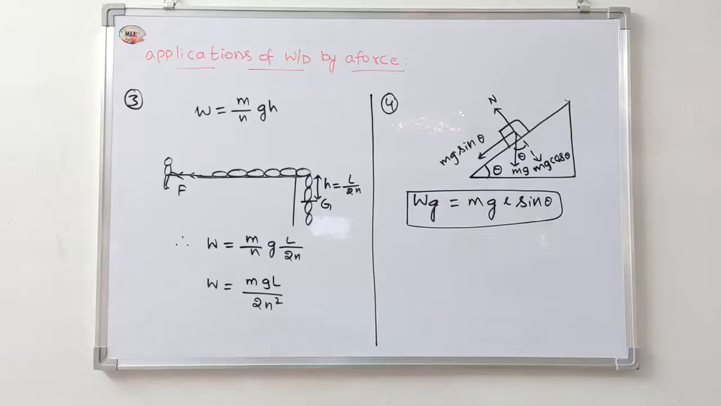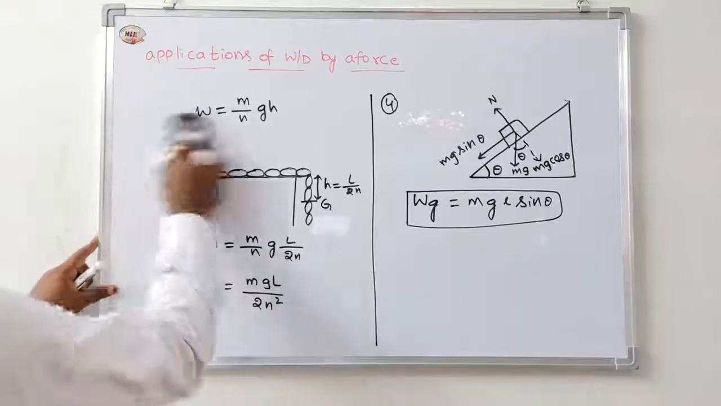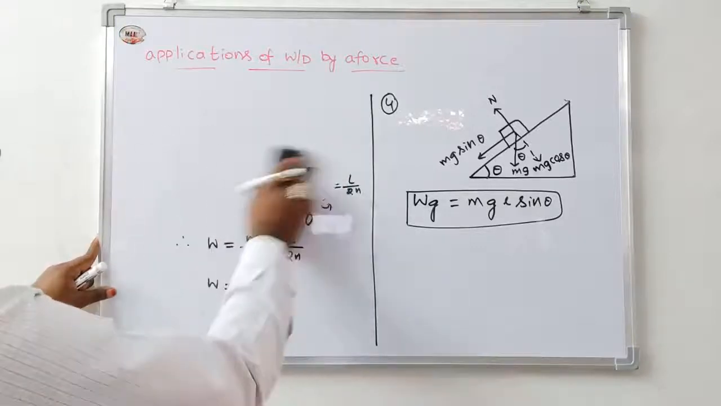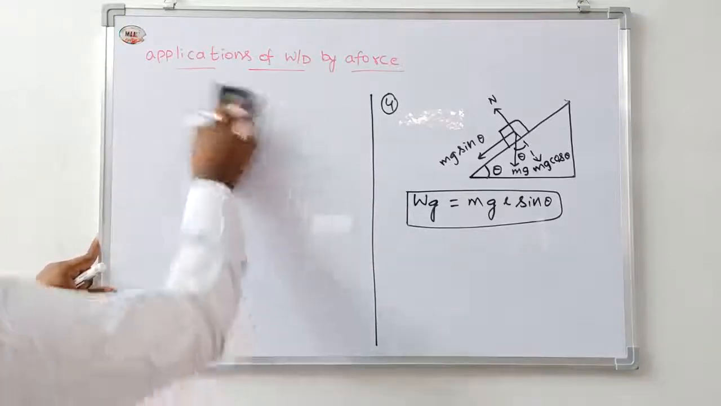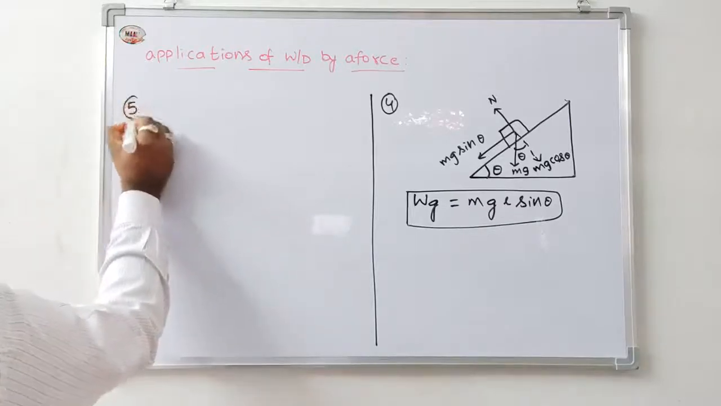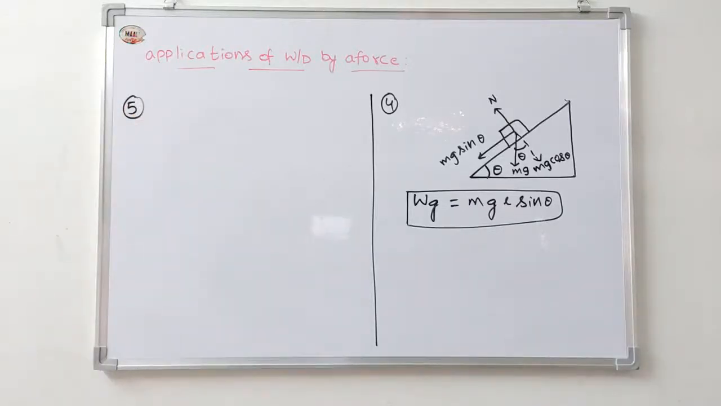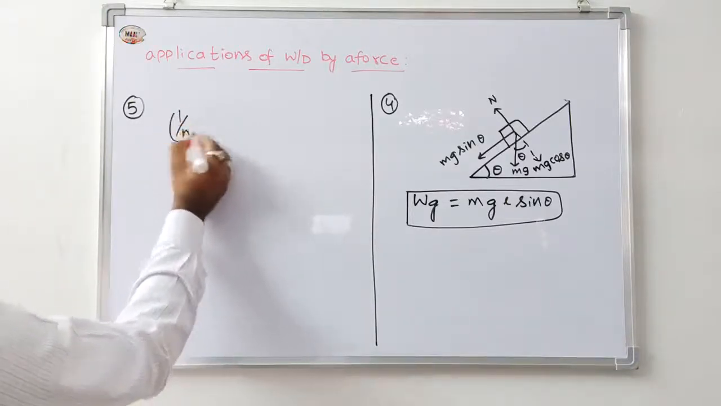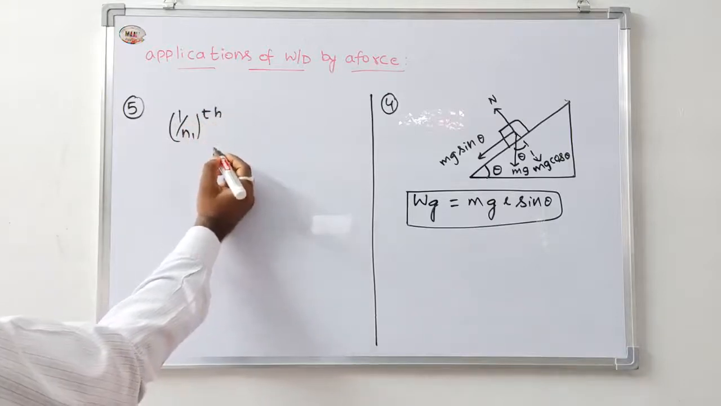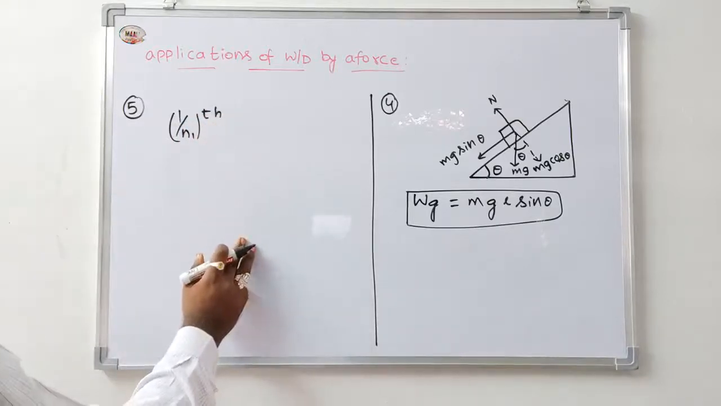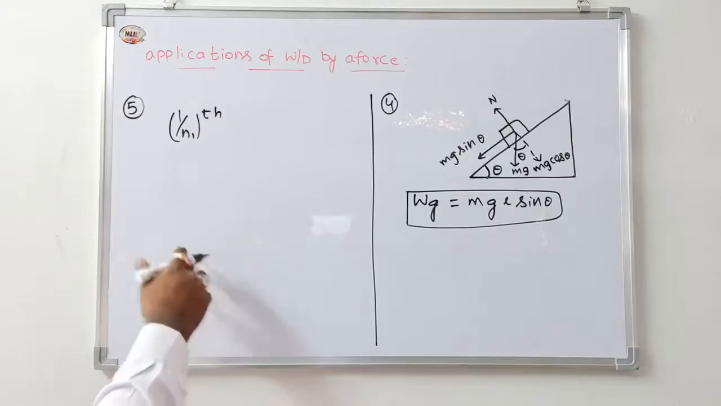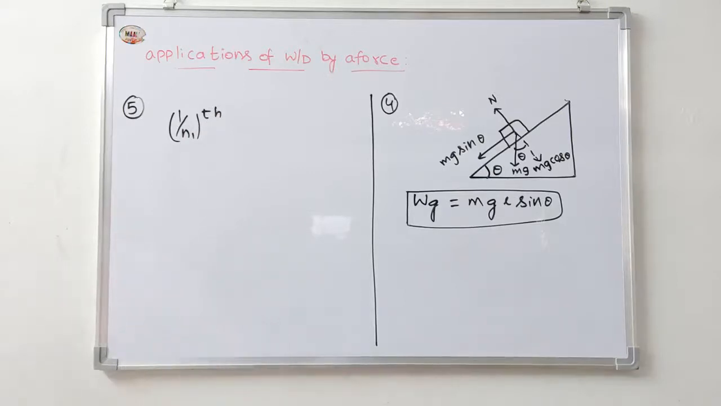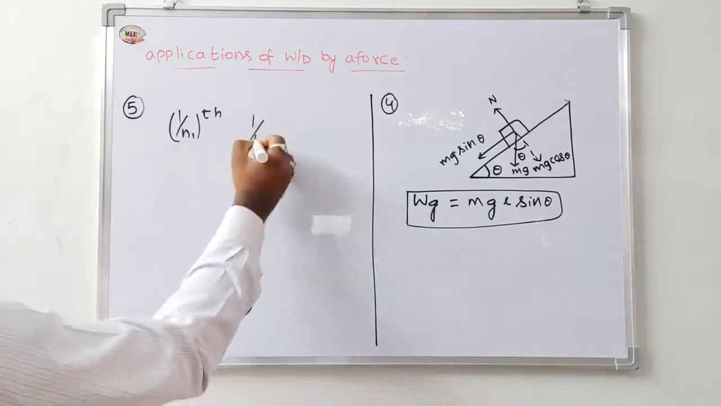The next, fifth application. A uniform chain of mass m and length l rests on a smooth horizontal table with 1 by n1-th part of its length hanging from the edge of the table. Work done in pulling the chain partially such that 1 by n2-th